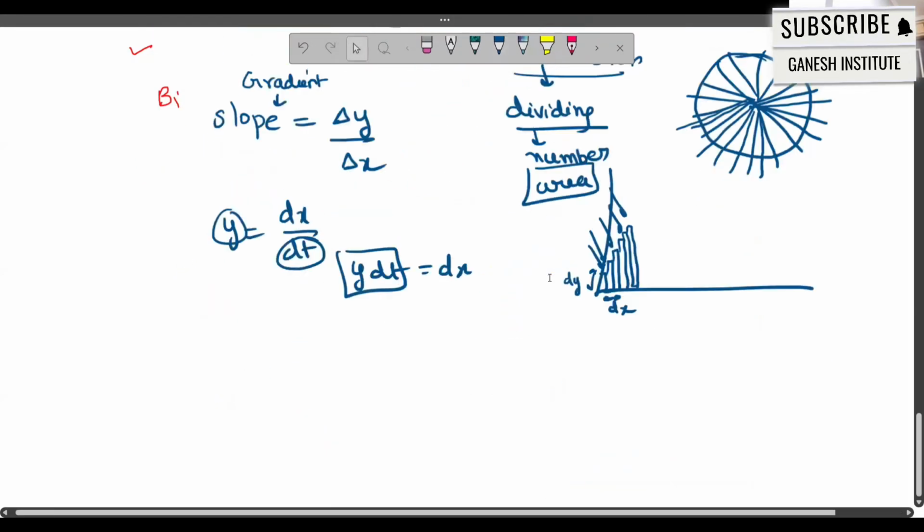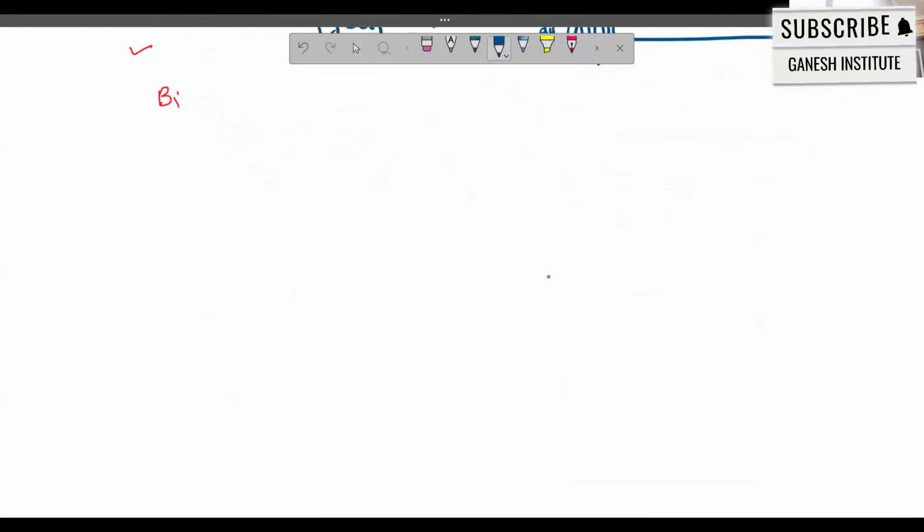Now, if you have x raised to power n, what's the differentiation? So n times x raised to n minus 1. Correct. If it is sin x,